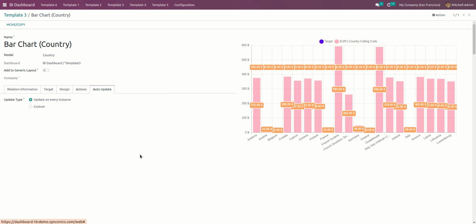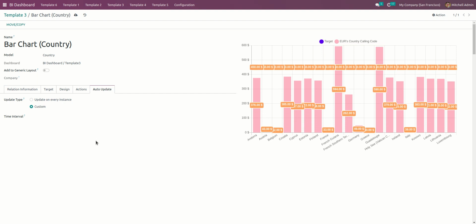Okay, the last thing is the auto update. Regarding this auto update, if I want to set a particular timer, let's say 15 seconds, 1 minute, 1 day, 1 week, 1 month, 1 year, I will also be able to set it here in the custom. I will be able to set the time interval. We have also made a separate video of this configuration, so if you want to see that, you can see it in a separate playlist of this dashboard.